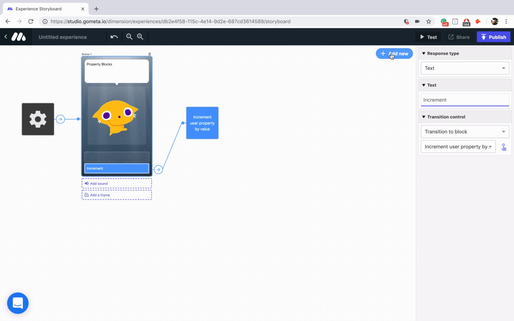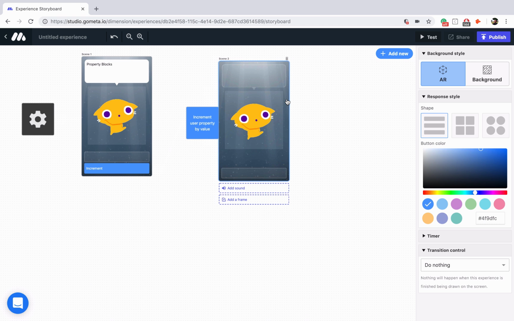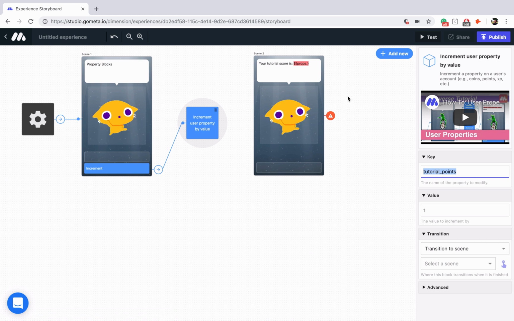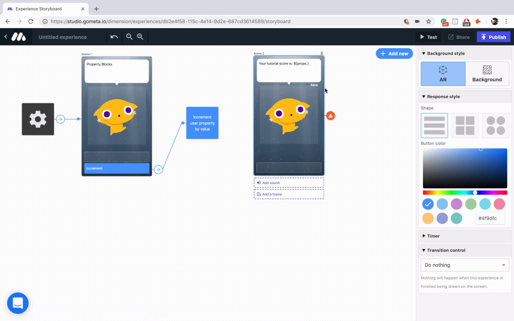Now what I'm going to show you is how to display that in your experience. So we have another scene here, and we're going to say something like your tutorial score is, and then we're going to use some special syntax to display the property. That's $, curly brackets. You want to make sure that you're not using regular parentheses or square brackets, but instead curly brackets. And then inside of these brackets, we're going to type props dot, and then we're going to use the property name. Now I'm just going to go ahead, copy this property name, and then paste it right in between the period and the curly bracket. There we go,